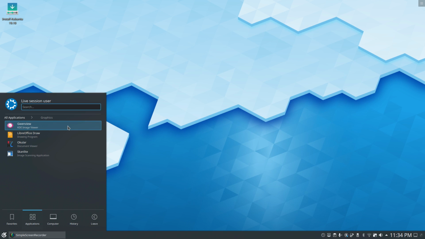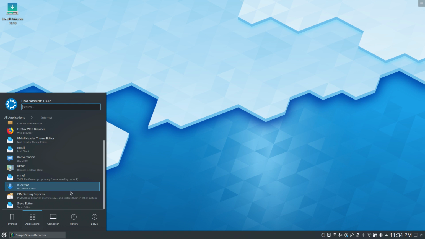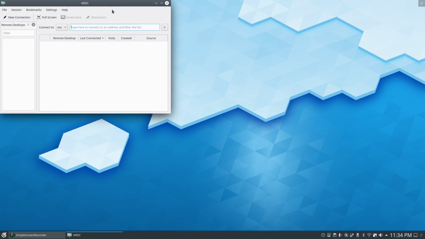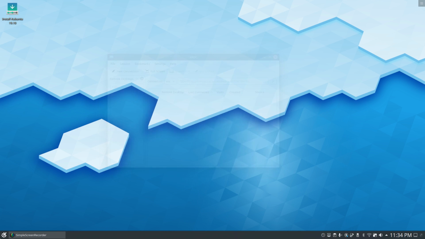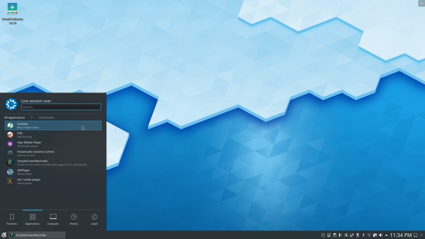Let's go. Gwenview, which is like a photo viewer. Image scanning application. Okular, LibreOffice. Internet, you can find all the applications. You can install new ones as well. Remote desktop client, very useful I think to many people. New connection, and multimedia, music player,